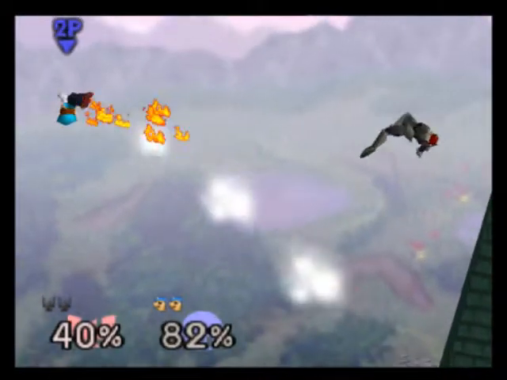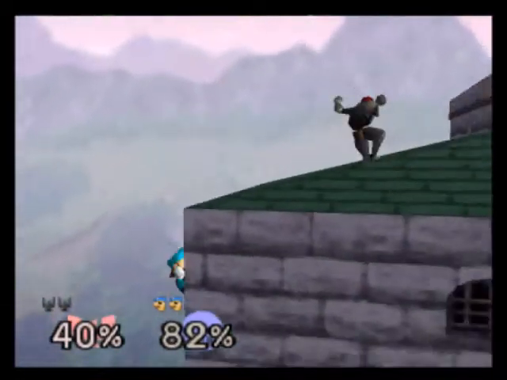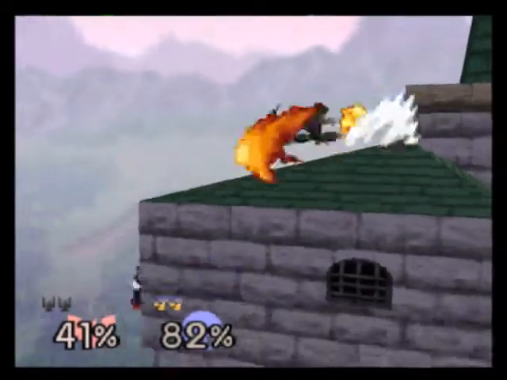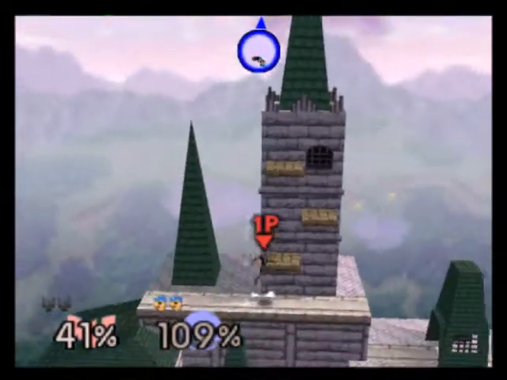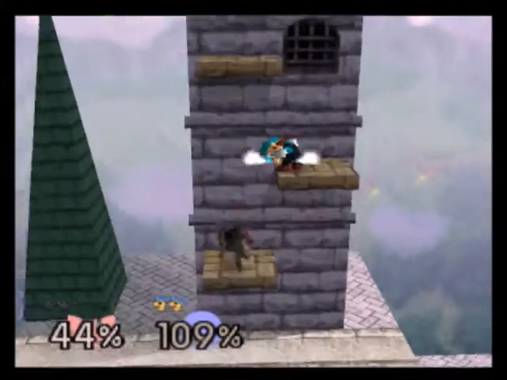That was an awkward hitbox. Did you see that? His up air, that was weird. I mean, it worked for him, which is nice. That should not have... Oh my god. That should not have hit him at all. He did a forward smash, and my up B somehow hit him, which was just awkward as hell, but...